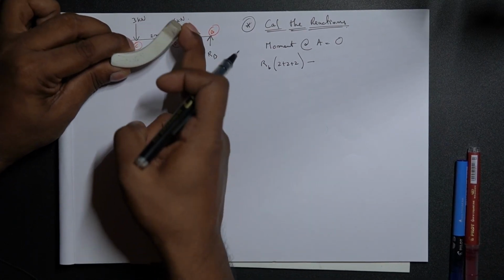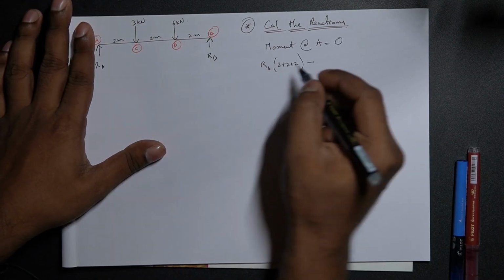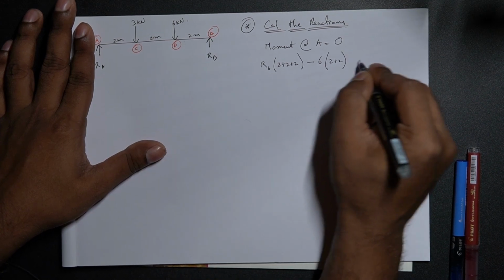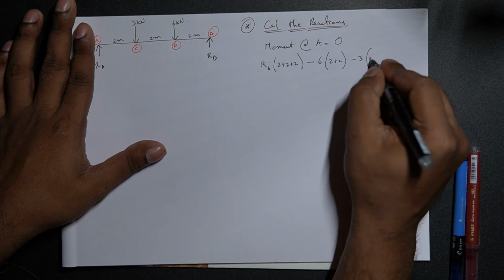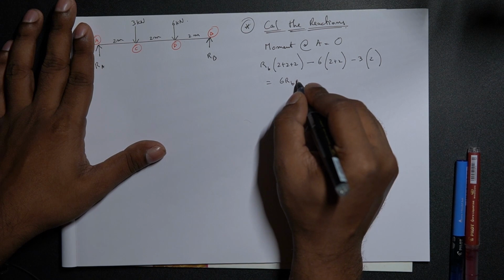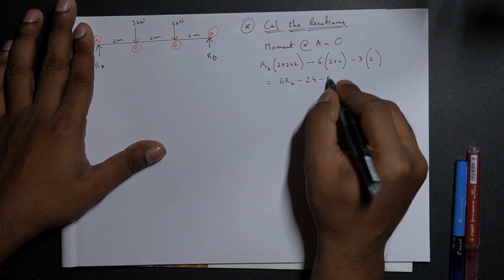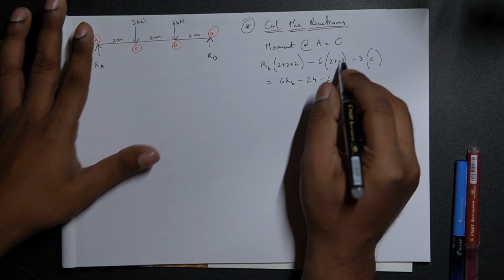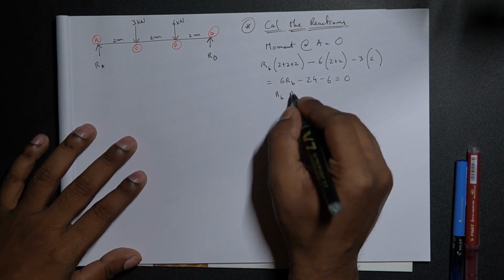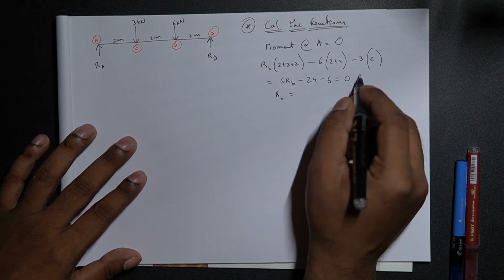RB is positive because it is creating a sagging moment. So minus 6 into 2 plus 2, that is 4. Again minus 3 into 2, so this would give us 6 RB minus 24 minus 6 equals 0. The total moment at A is equal to 0. So RB will be equal to 24 minus 6, that is 30, 30 on the other side, plus 30 RB